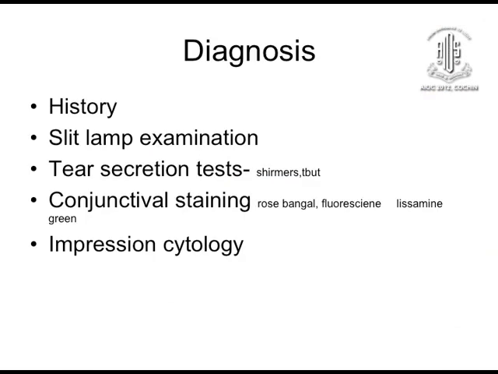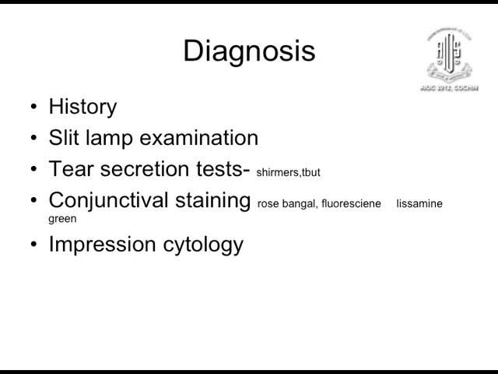This is very important when the patient is on drugs for a very long time, and which particular drug he is using. Say for antihypertensives, generally patients who are on beta blockers develop more dry eyes. Therefore you have to inquire about the particular brand as well as the type of drug he is using. Slit lamp examination, as you know, is very important. Then tear secretion tests of different types, we just heard about it.